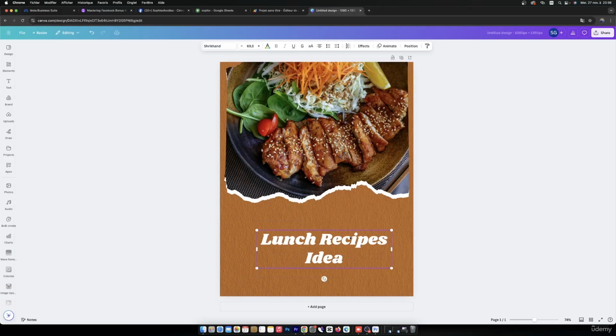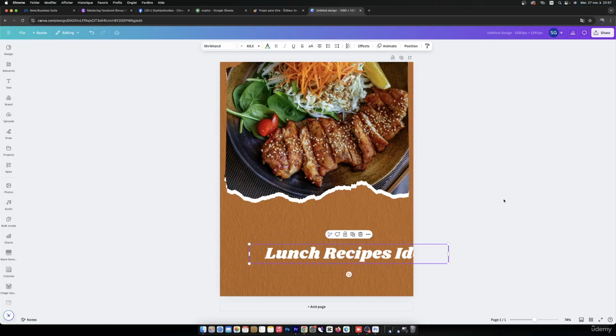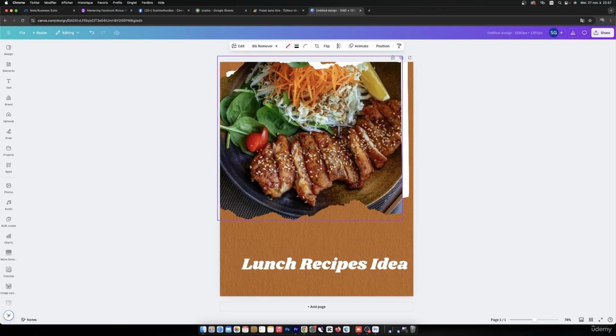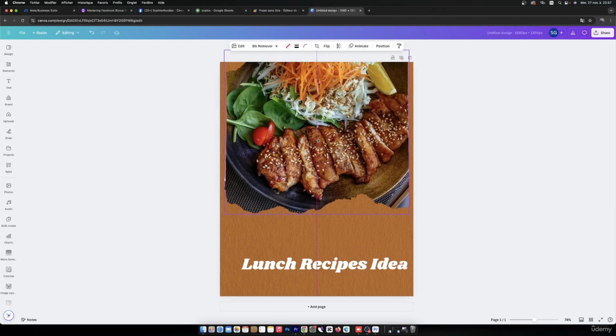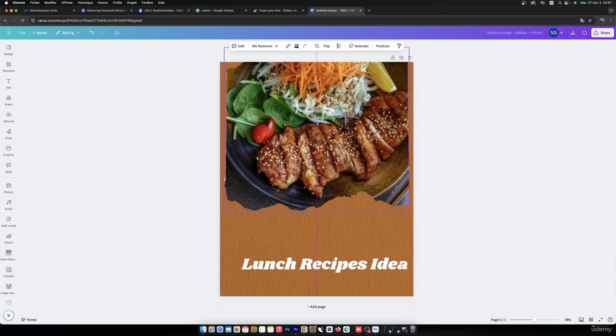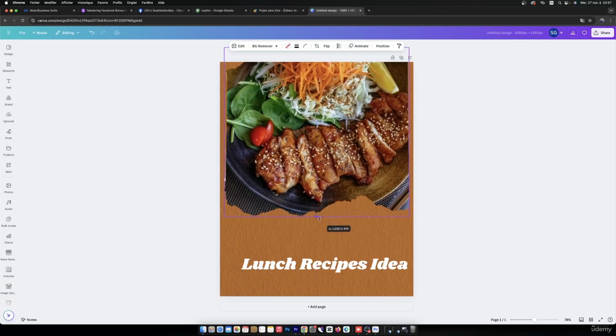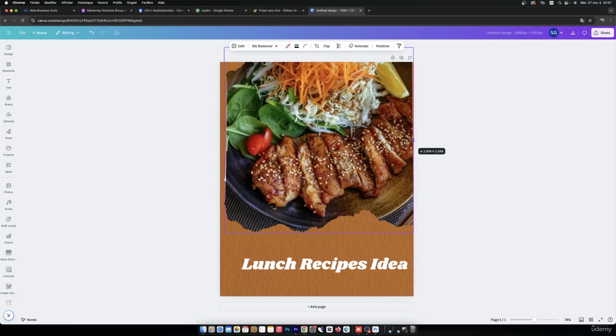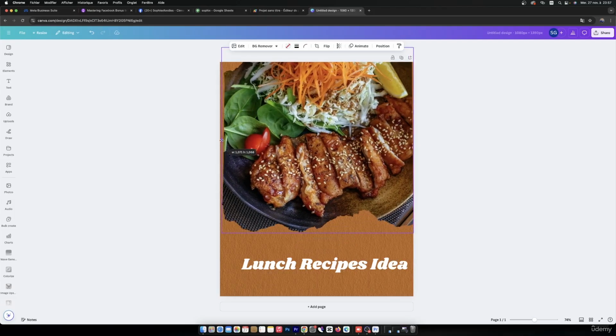We'll make it fit here. Then we will drag the image more than this, like this. We'll expand it a little also